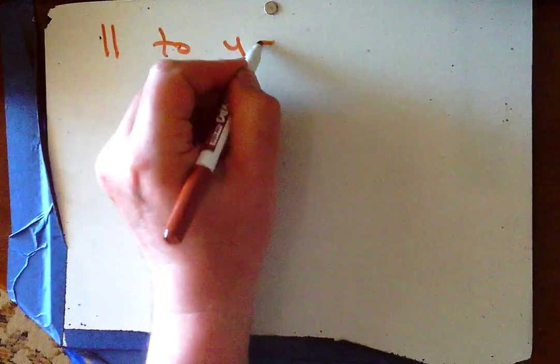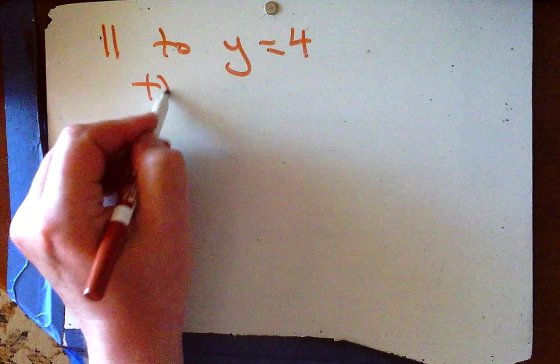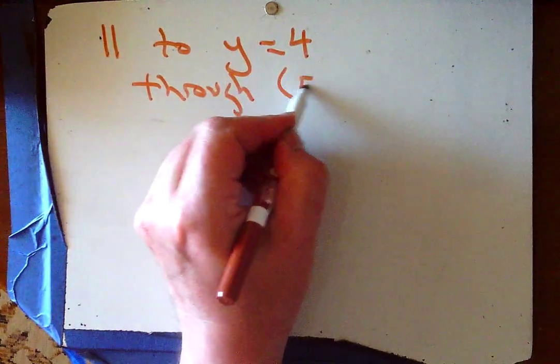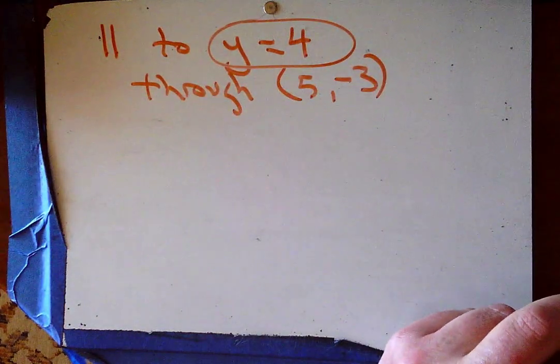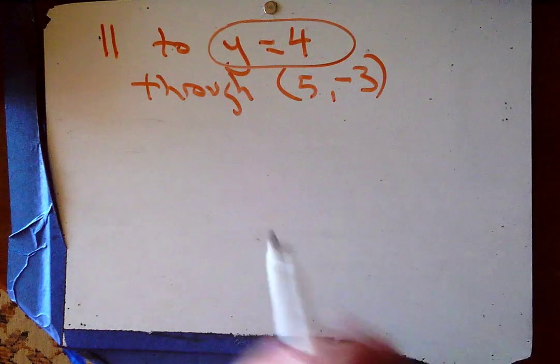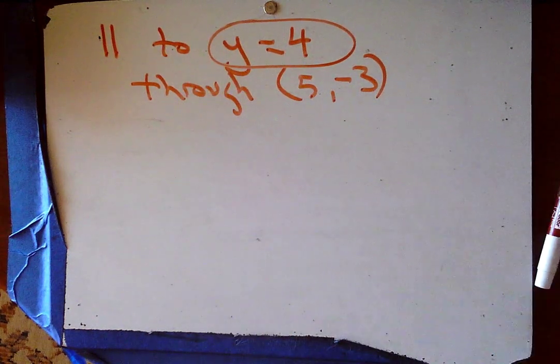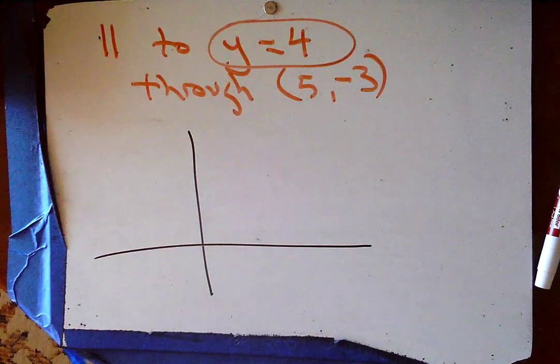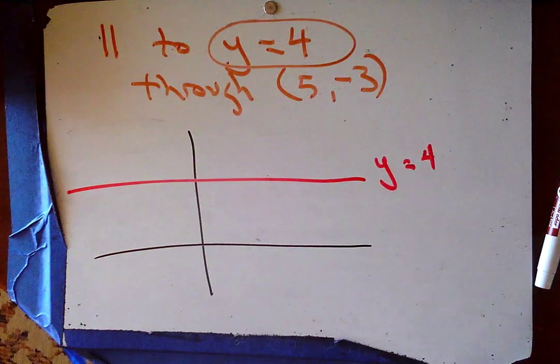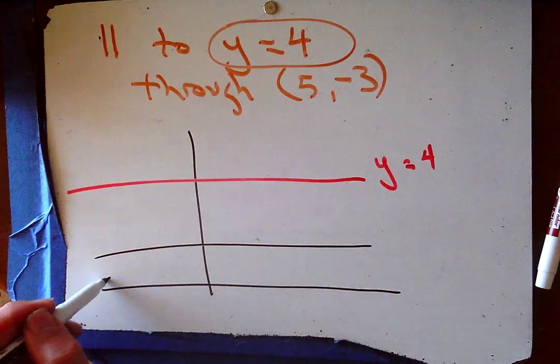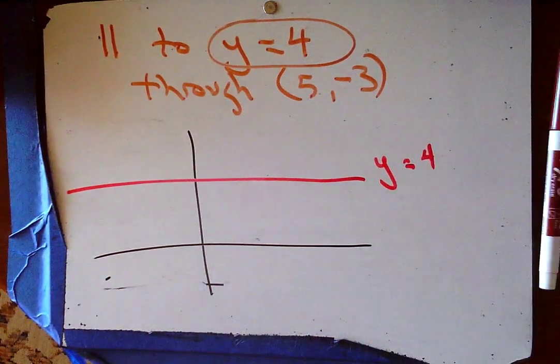How about write the equation of the line parallel to y equals 4 through the ordered pair (5, negative 3)? Well, what do we remember about a line y equals a number? Y equals a number is going to be a horizontal line. Here's the line y equals 4. I want to write the equation of the line parallel to this one, but we have to pass through this point,